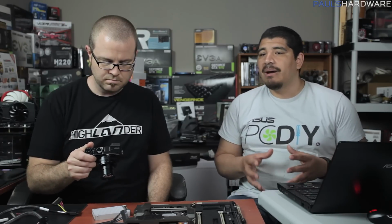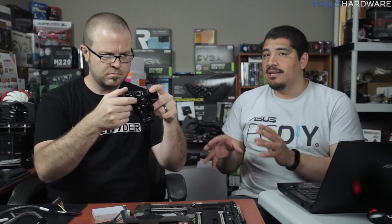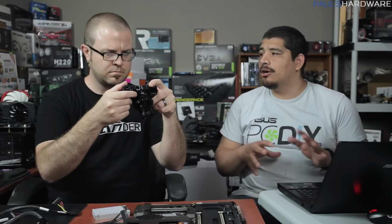So in terms of compatibility, the Sabertooth X99, which is literally going to be shipping and made available almost in lockstep with the availability of the Intel 750 series, whether it's the add-in card or the 2.5-inch version, will have a shipping UEFI that is NVMe ready. Now, this is extremely important. Without the UEFI,